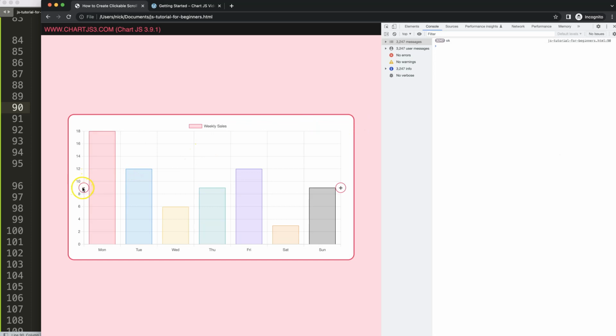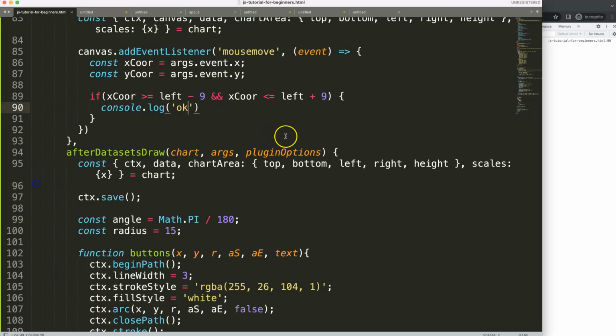There you are. You can see it recognizes it here. We are hovering on here, but also here up right now. So what we need to do is now filter it based on the x level. So we have this, and then we're going to say, and if the y core is larger or equal to the right side minus 9,